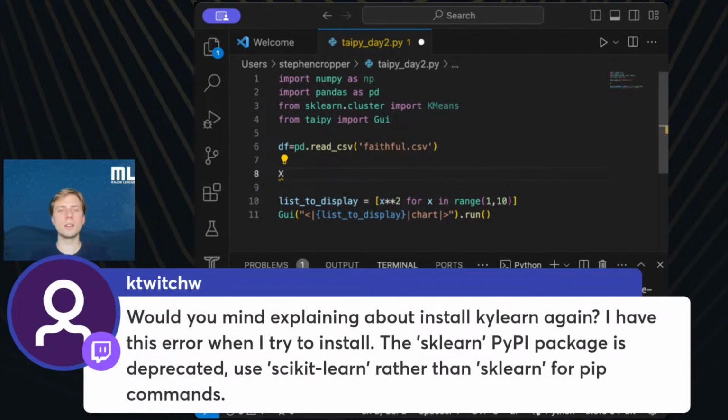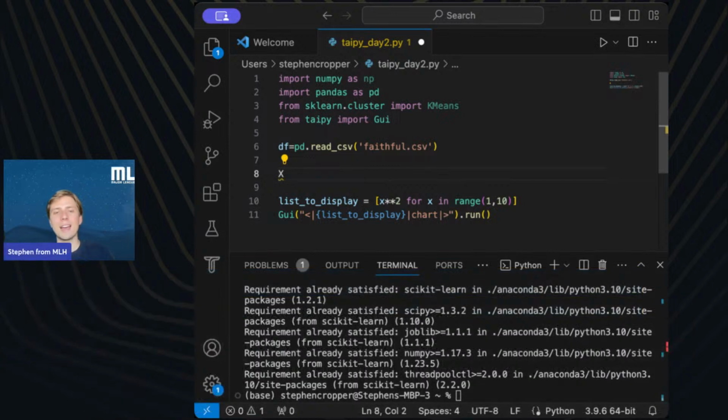It says, would you mind explaining about install sklearn again? I have this error when trying to install. The sklearn PyPI package is deprecated. Use scikit-learn rather than sklearn for pip commands. Yeah, I'm totally happy to explain that. Thanks for the question, K-Twitch, because I think you're probably not the only one to have this issue. But if you remember in my terminal, I typed pip install and then I actually typed scikit-learn.